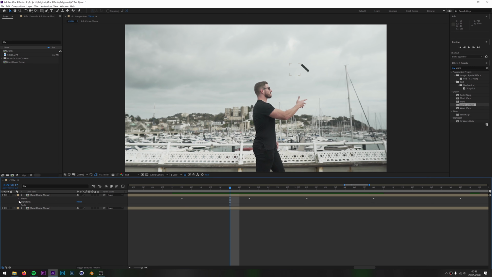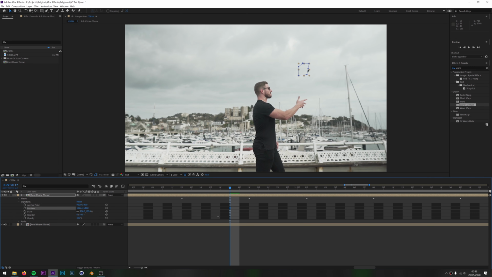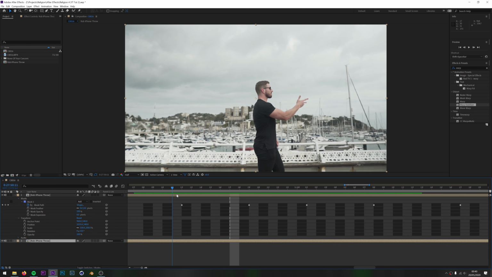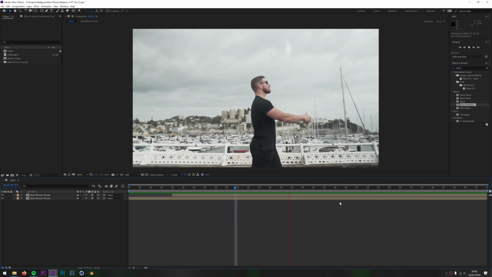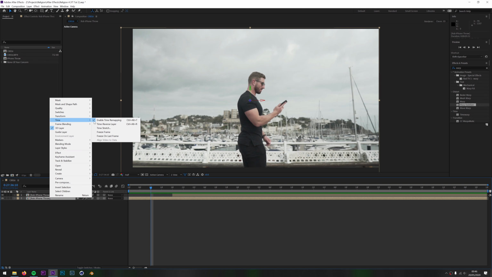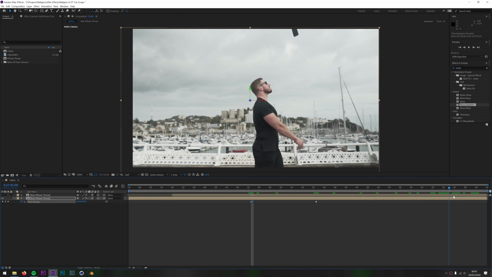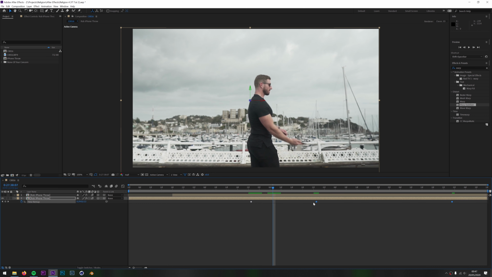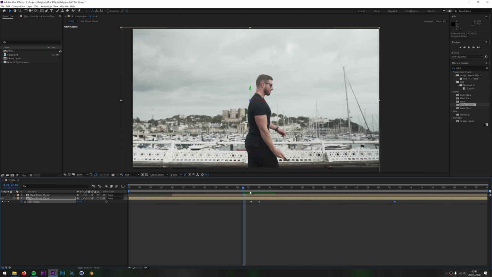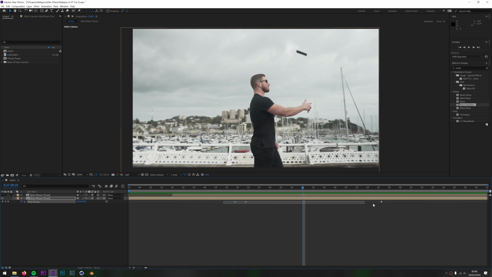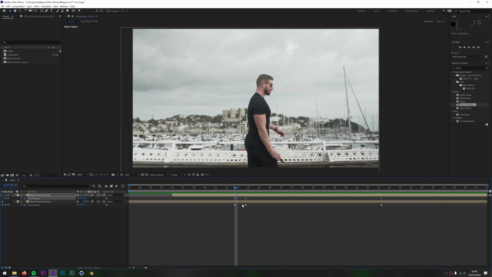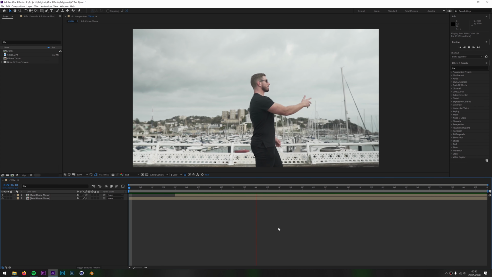Take the layer, go to transform, move it over until it covers the iPhone, play it back, and then it should have disappeared. Make sure you add some feathers to the mask as well. Then right click on the layer, time remapping, add some keyframes where he throws the phone up, and then drag the keyframes close together to ramp the clip and give more emphasis on him throwing the phone. Add knees in if you're about that life, then duplicate the keyframes and put them on the layer above. And then you should have something like this.